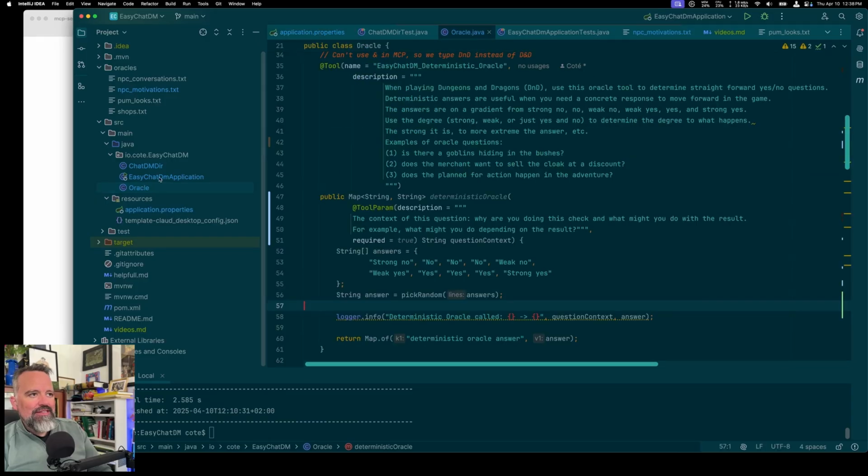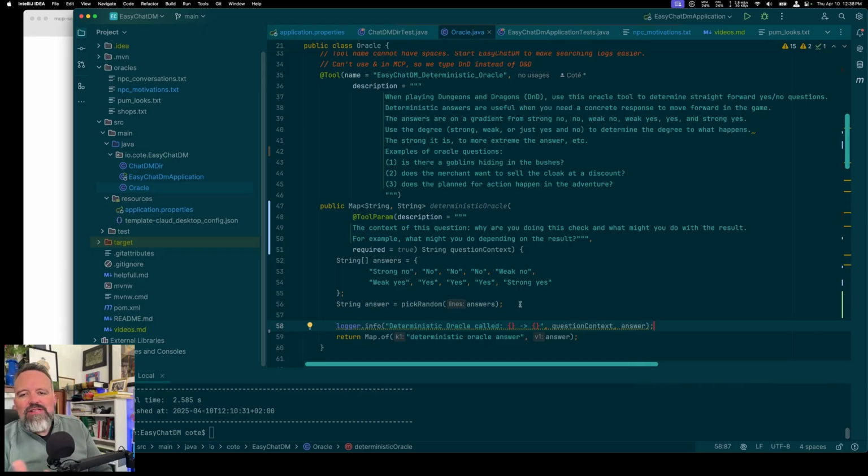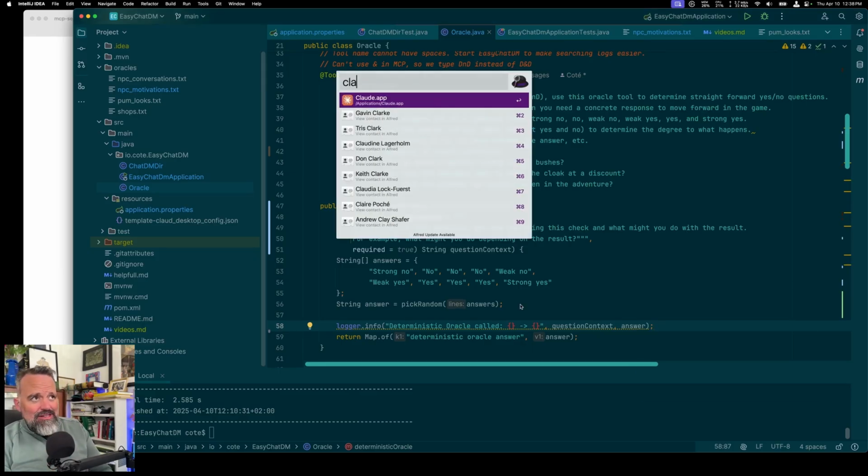Before we look at it, let's review real quick. We've got this deterministic Oracle to be used for yes/no questions. It's going to call in and pass the context in, and then we're going to be logging what the question was and what the answer was. And so this will let us kind of peek into how the model is thinking. So let's start up Claude,